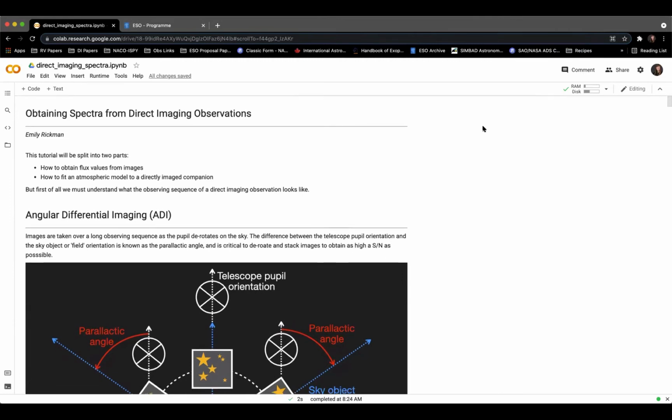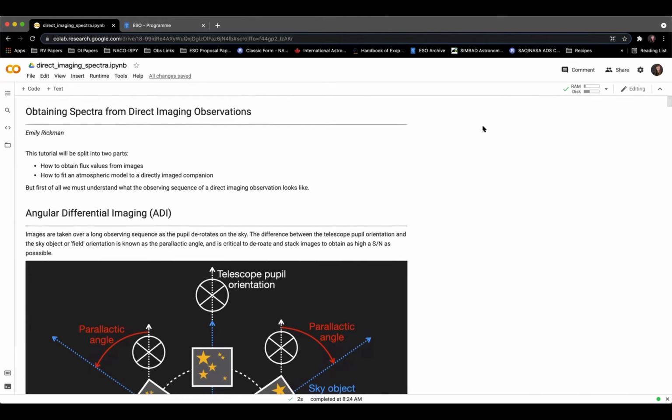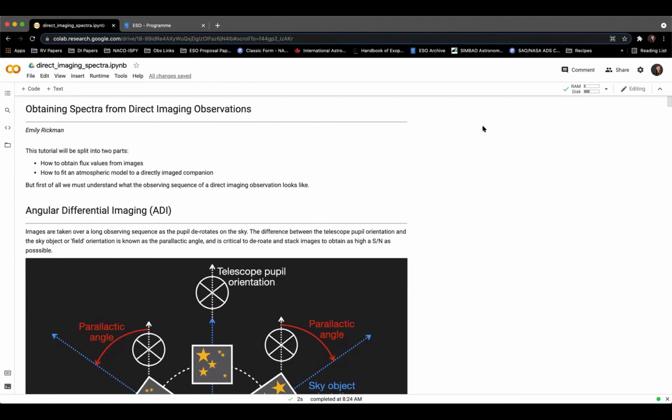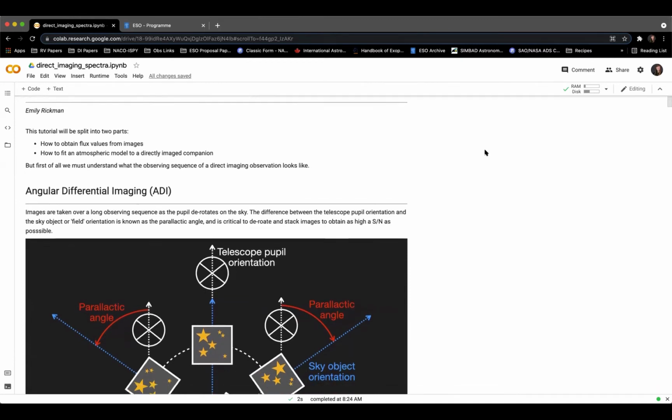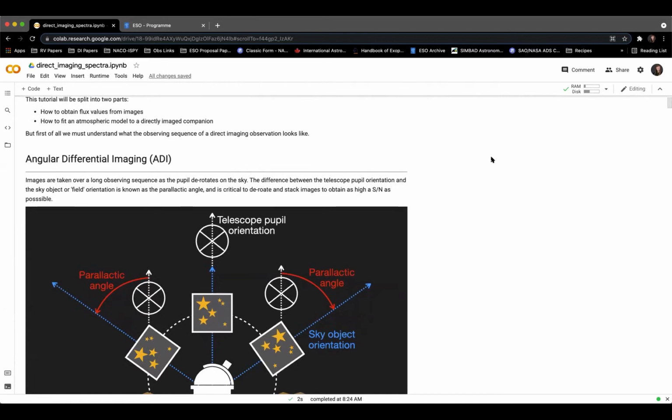So we're going to have a little bit of change of pace and talk about direct imaging observations. This is very much on the opposite end of the scale in terms of very low resolution spectroscopy. I wanted to split this into two parts to look at some simple ways of how we obtain flux values from images, and then also how to do a basic fit of an atmospheric model to a directly imaged companion. And so first of all, I just wanted to clarify a few acronyms and what I'm